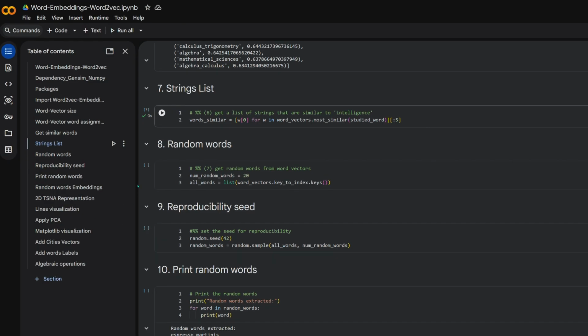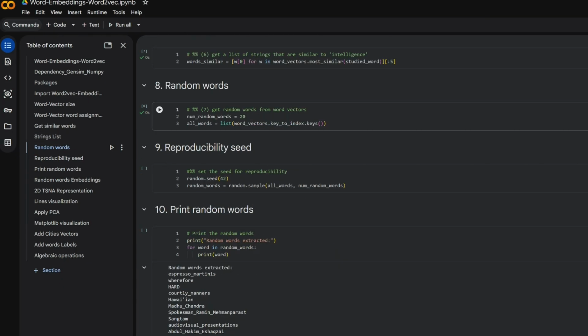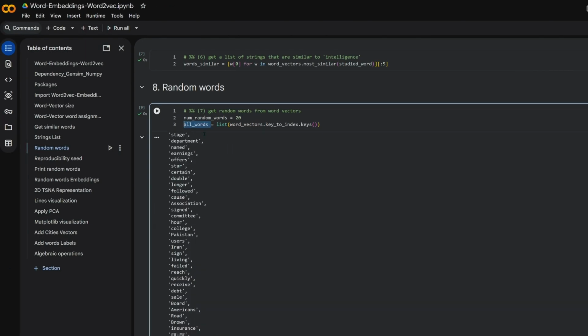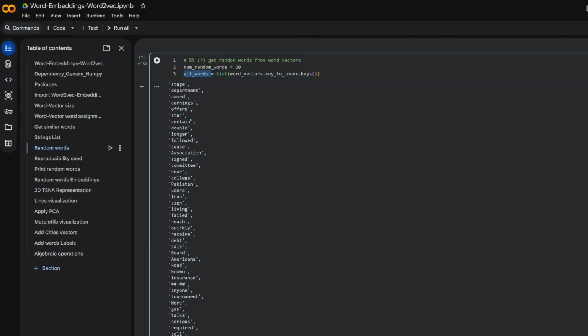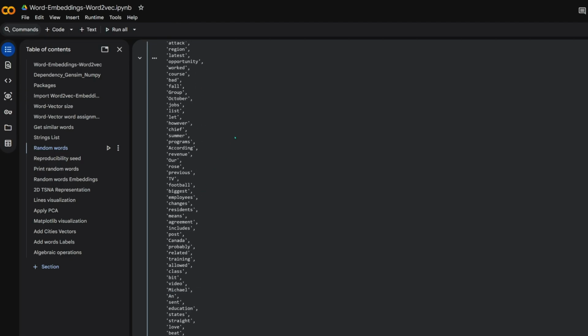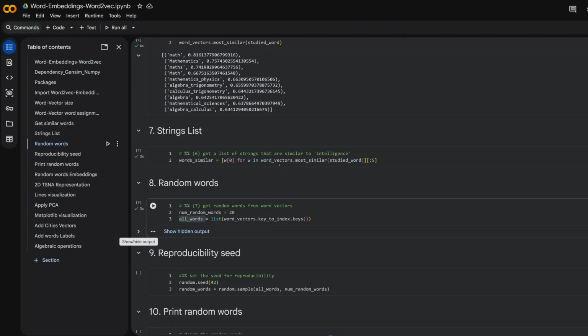Random words. We sample a set of random words from the model vocabulary. This adds variety and shows that the geometric structure of the embedding space holds across arbitrary vocabulary, not just hand-picked examples. Here are the words. Unbelievable. Wow. Unbelievable. So let's move now to